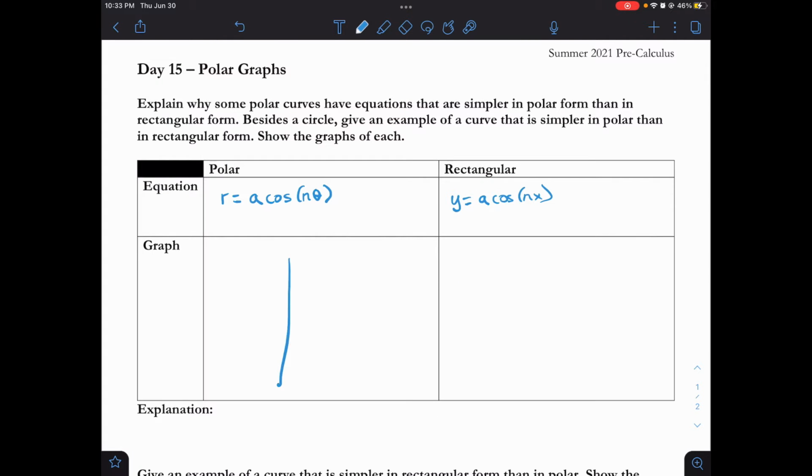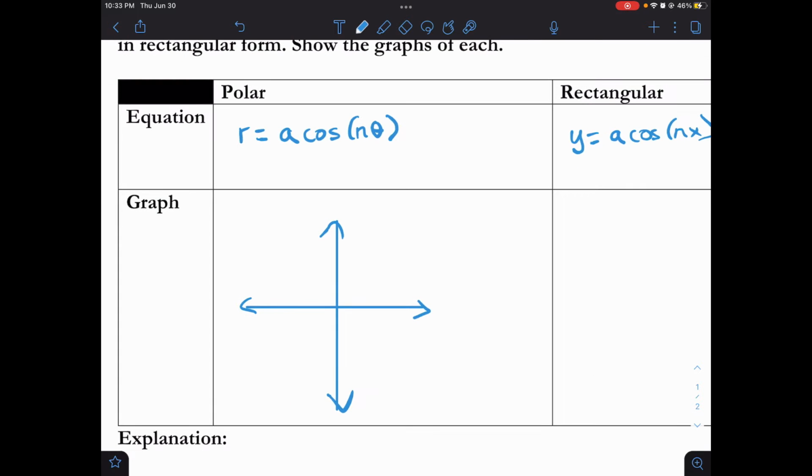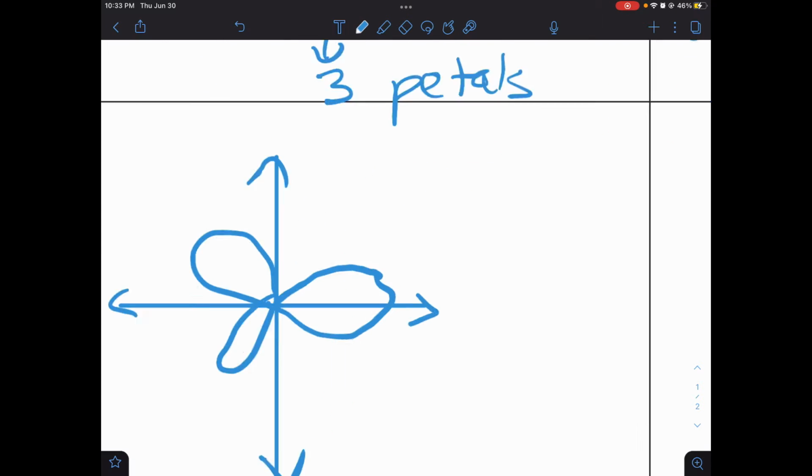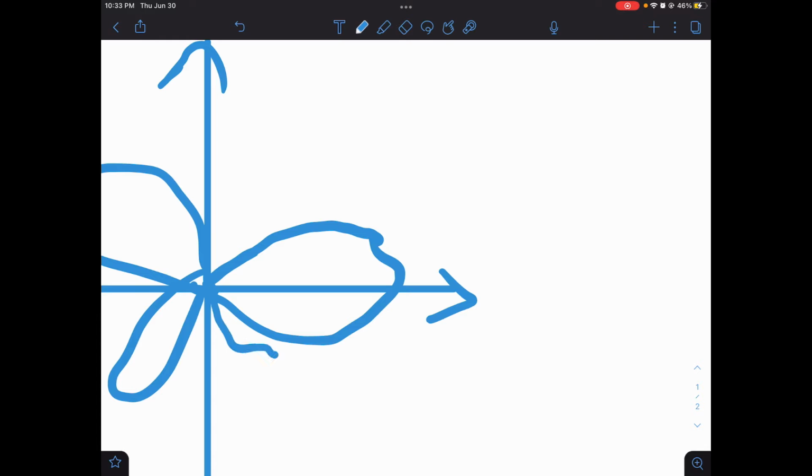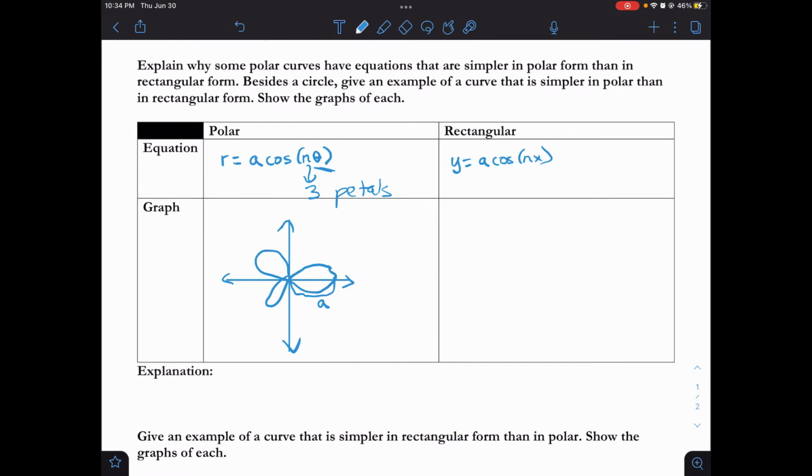And then to graph these, we know that if this value is 3, there are going to be 3 petals. So we can easily figure out the n value. If we can figure out the n value, we know there are 3 petals. And to figure out the a value, it's just going to be this value right here. And if we graph this on a